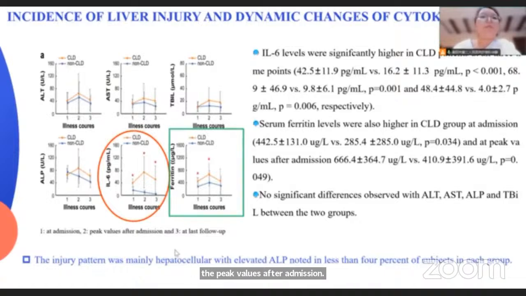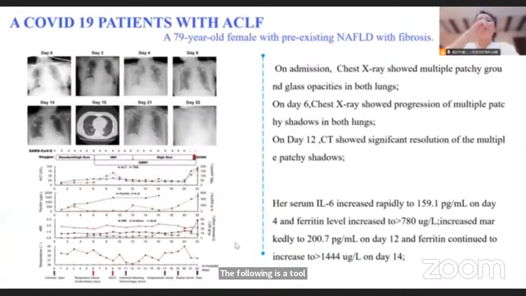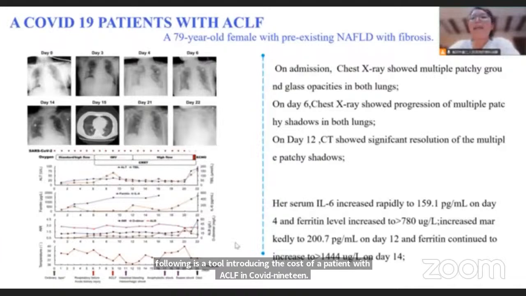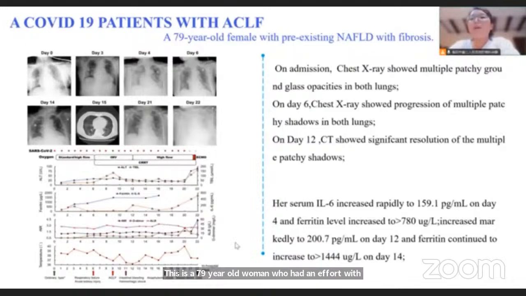The following is to introduce the case of a patient with ACLF in COVID-19. This is a 79-year-old woman who had NAFLD with fibrosis in the past and denied a history of diabetes. As can be seen from the left pictures, on admission, liver enzymes were normal. Chest X-ray showed multiple patchy ground glass opacities in both lungs. On day 6,